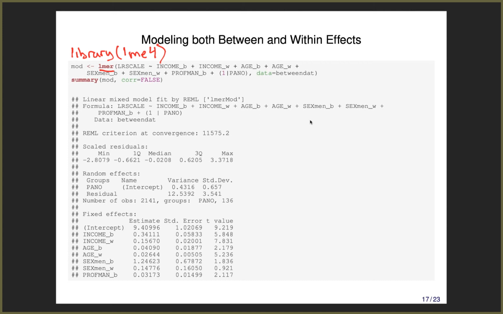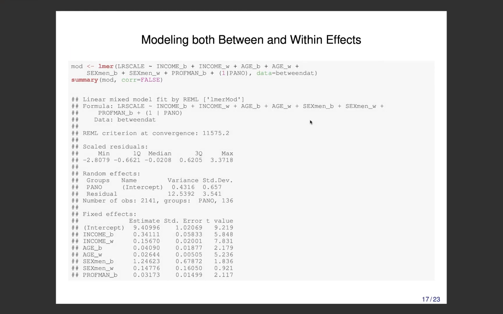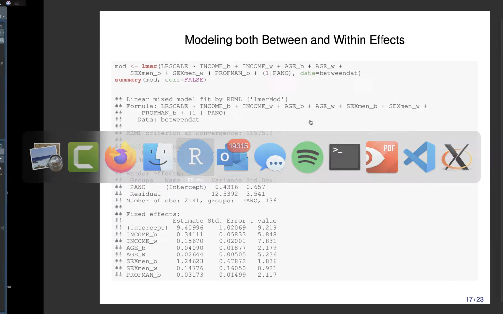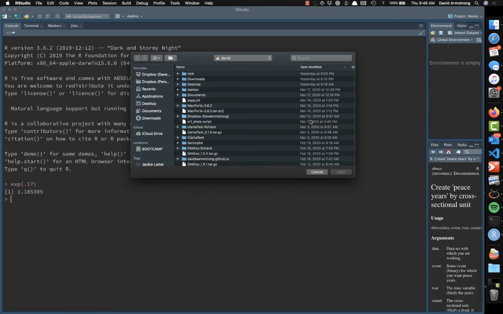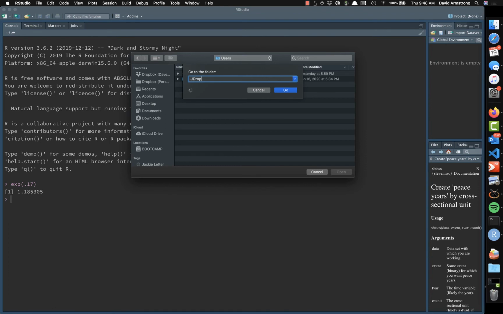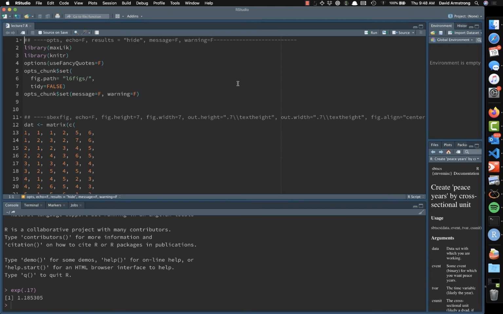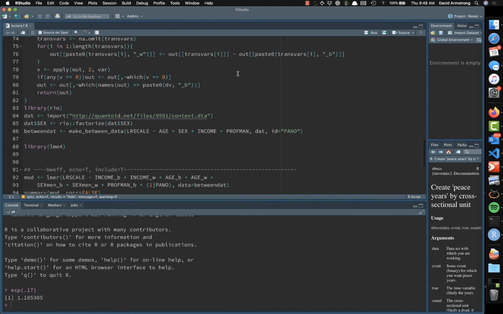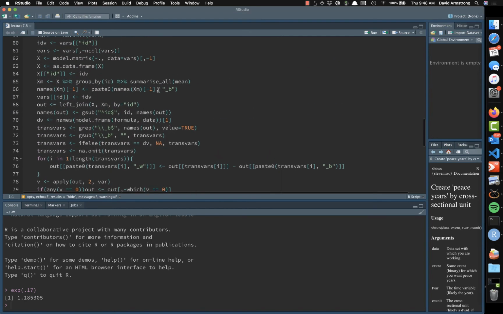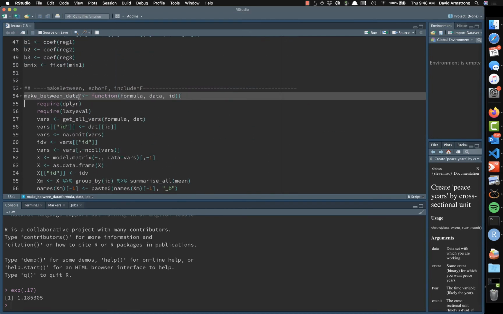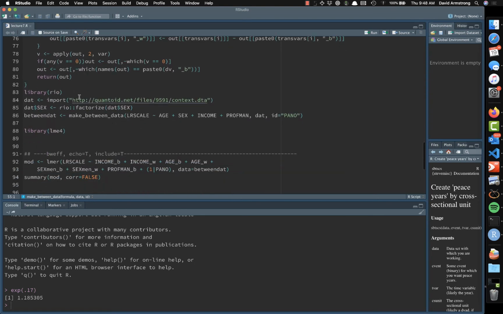I also did, in the code for the class, actually here, let me just go grab that. So this code file is on the website, the OWL site for the course. There's a function in there called make between data. And what that function does, you can see it here,